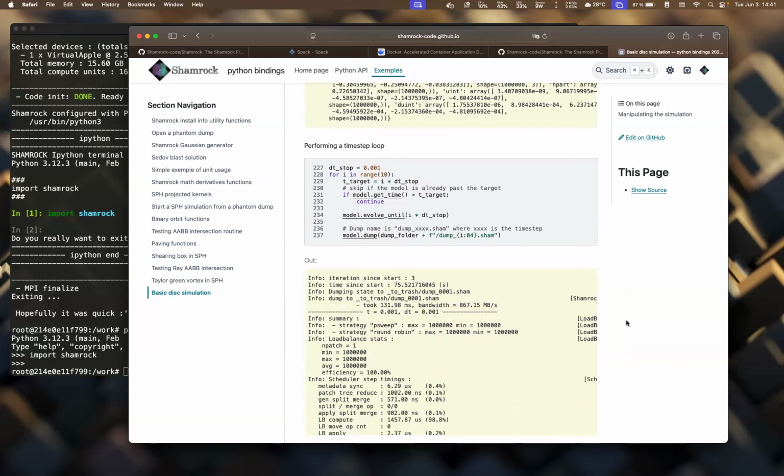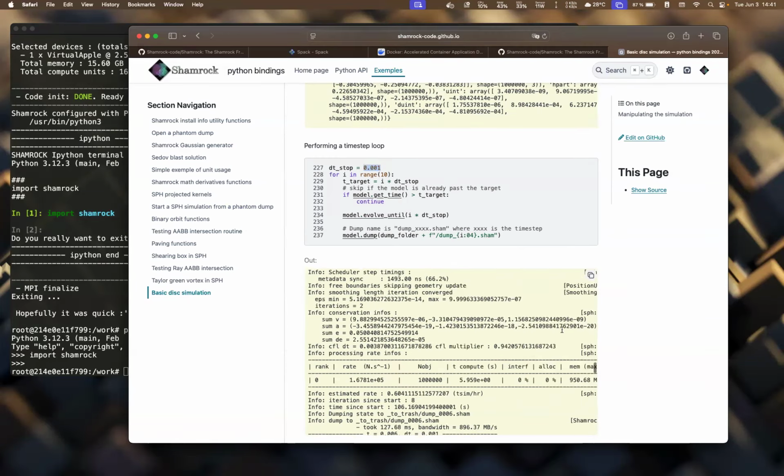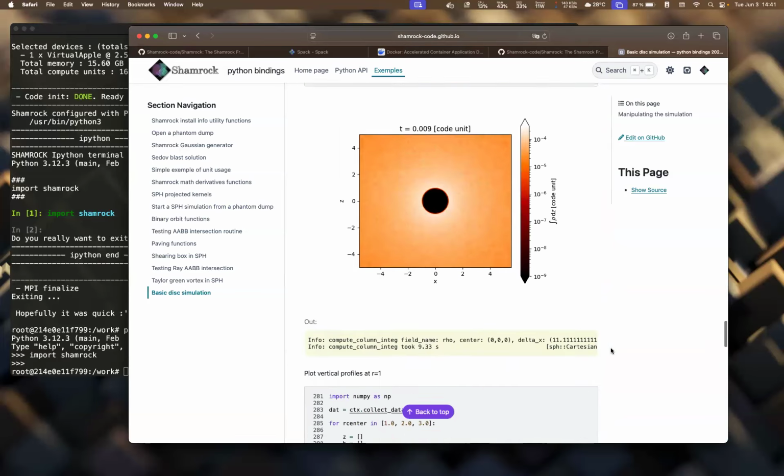This is a more realistic time step loop, the kind of thing that you will actually run. Basically, you will just do multiple evolve until calls and stop, for example, every 10^-3. Here, I will do 10 loops. You will dump after each evolve until. This is kind of the standard time step loop. It will do a few of them, whatever. And then